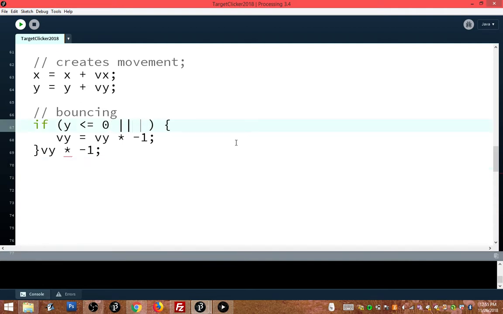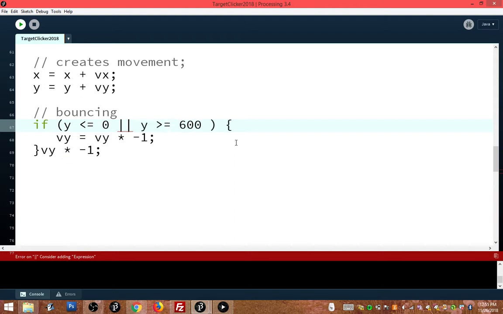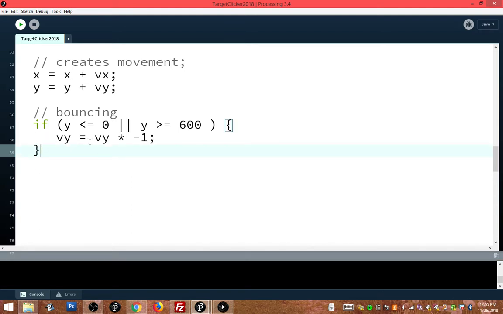So "or" is the two vertical lines. It's right above the enter key. Hit shift and there's a backslash or the vertical line. And then that condition there. And somehow I failed to delete. There we go. So in other words, this bouncing is if we hit the top or bottom wall, I'll just put top or bottom,